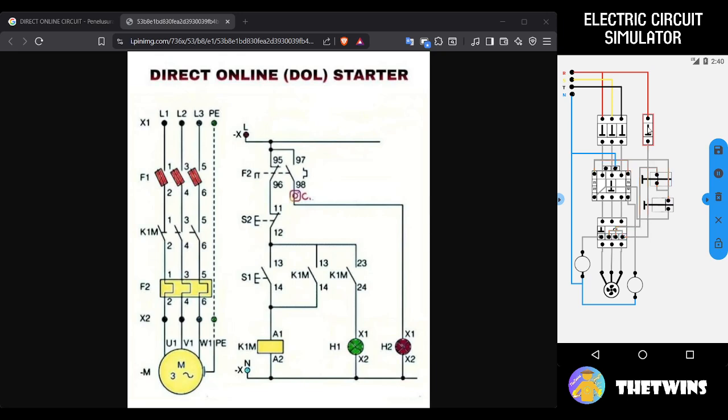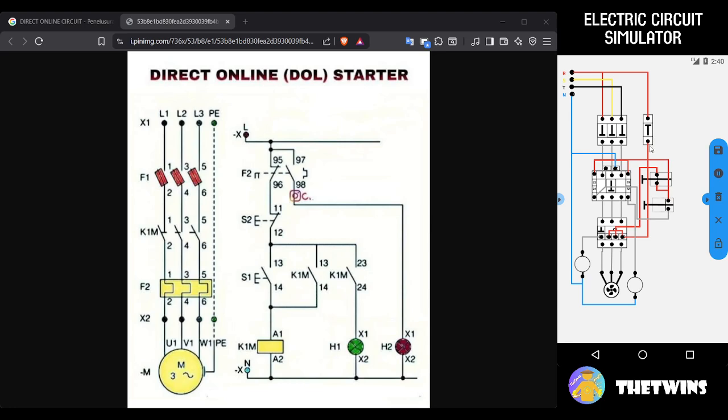On and off, on and off, on, off, on. And you can see the power is in different colors, yeah. R is red, S is yellow, T is black, and neutral is blue. If there is no current, it will be gray like this.